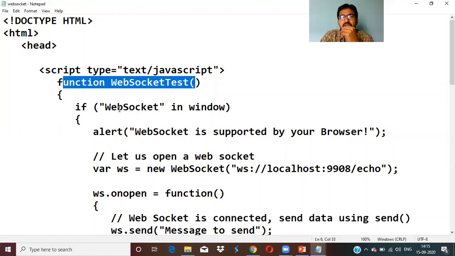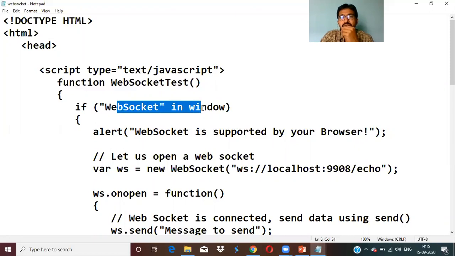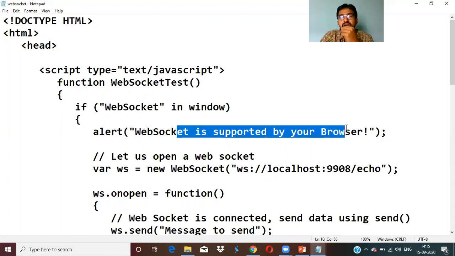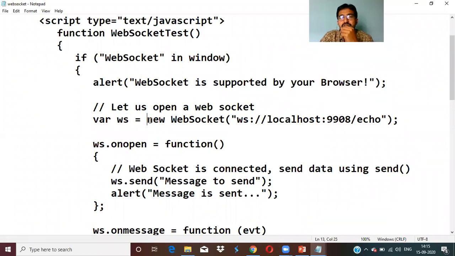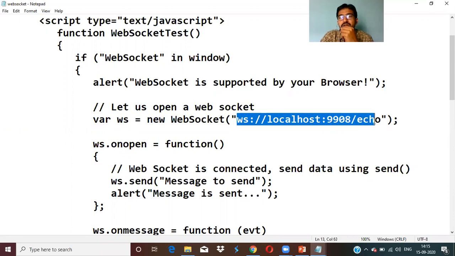Inside this one, if WebSocket in window, in the sense if it is supported, then a message has to display that WebSocket is supported by your browser. Now the first step is what? To connect with the WebSocket connection, we use a variable, an object, new operator, WebSocket of URL. This URL is required and the protocol is optional. So localhost colon 9908 or any other website.